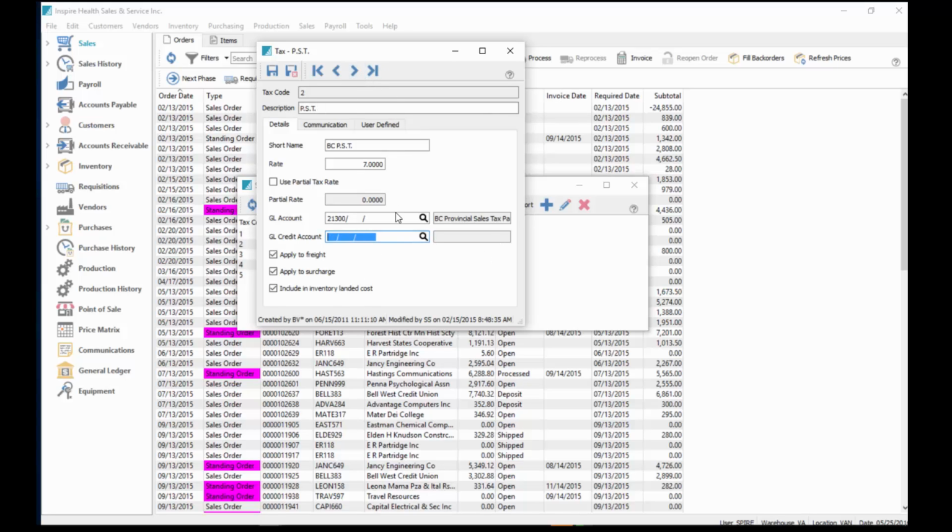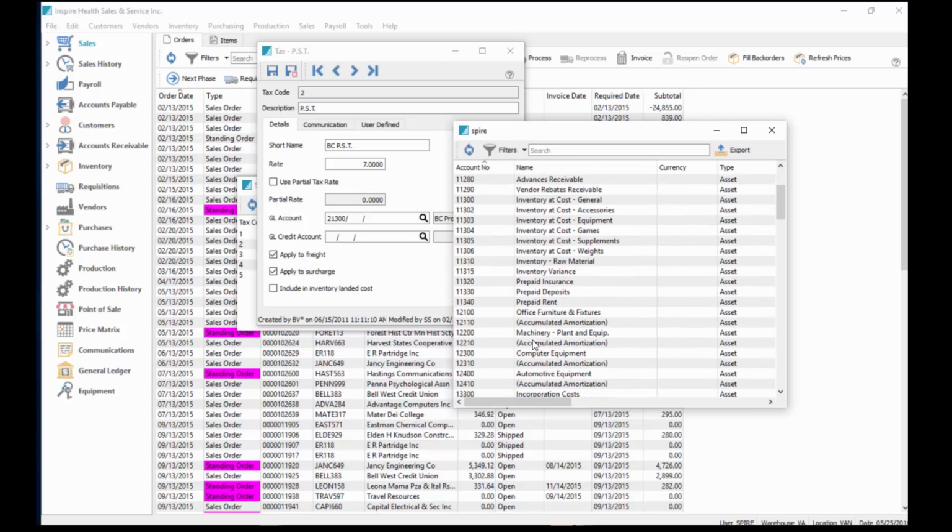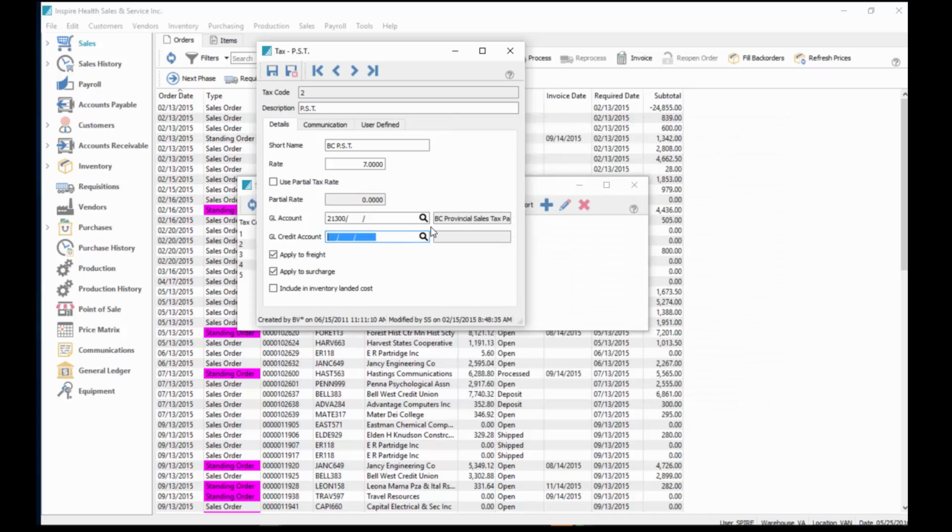If I go to my next tax, you'll see this is a PST for British Columbia. In this case, it says to include it in the landed cost. If I uncheck this and I don't want it included, on an individual tax basis, I can set a credit account for that tax that it gets put into. So if you don't want the tax included in the cost of the item, you can accumulate that tax credit elsewhere. Now, you wouldn't normally put it under the tax itself. So this tax here, you wouldn't normally credit it back to itself, therefore reducing your tax burden, but it can be done if that is a